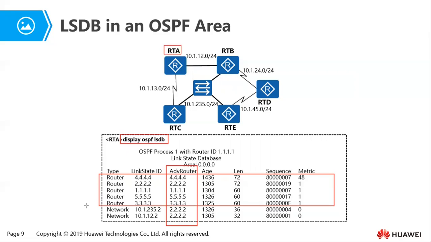And then the next bit is the network LSA. We have two network LSAs that have all originated from R2 or RTB. You can tell from the router ID here, 2.2.2.2. So why do we have in RTA two network LSAs? So if you look keenly on this topology, you'll see that RTA is connected to RTB